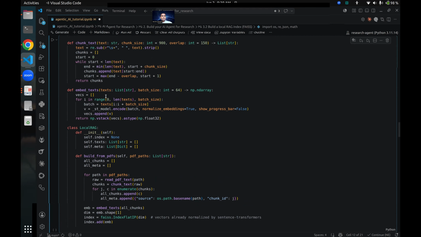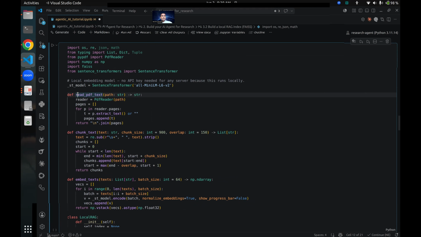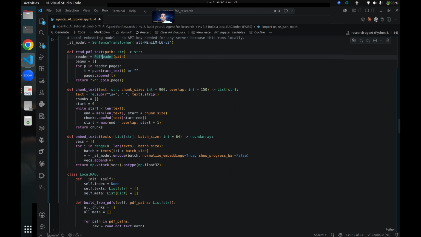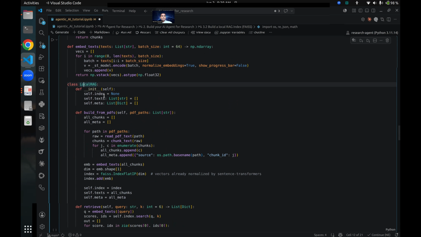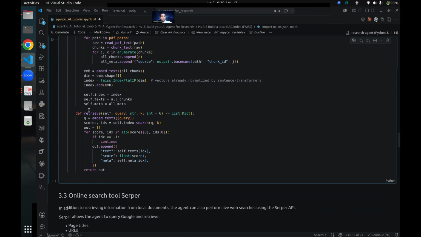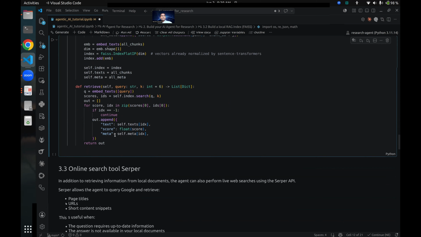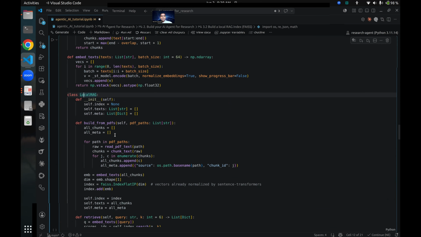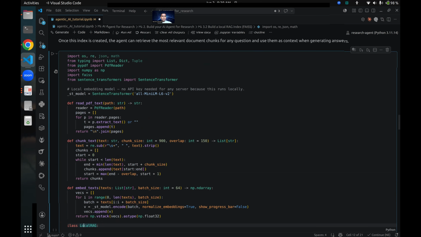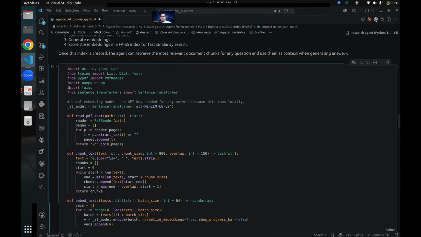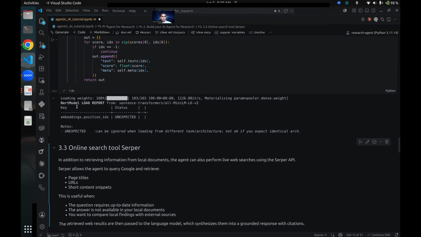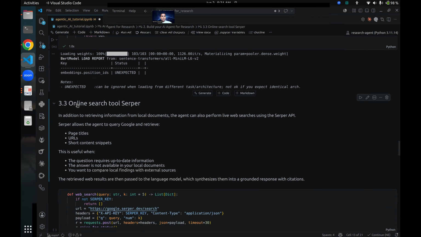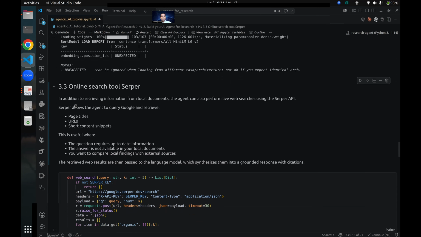Here we can see there is this read PDF text. It is basically going to parse through the PDF, and then it's going to create this local RAG class, and there is a retrieval function here. All of this is going to be taken care of by the LLM agent. So we will compile this code, and we can see that it has made these weights here, and now we are connecting it to the online